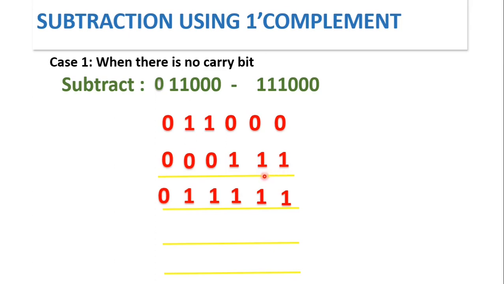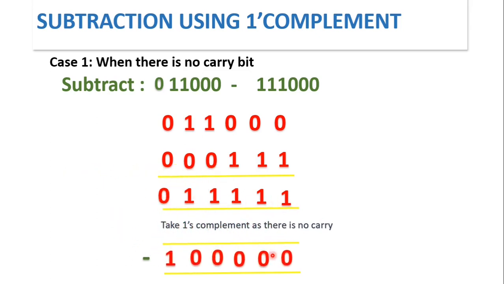One important thing to note here is that we don't have an extra bit like the previous case. So what you have to do is calculate the ones complement as there is no carry bit generated. And one more important point is you have to first add a negative sign and then calculate the ones complement. So in the ones complement, 0 is replaced by 1 and the other ones would be replaced by zeros. So this was 24 minus 56 and the answer is minus 32.